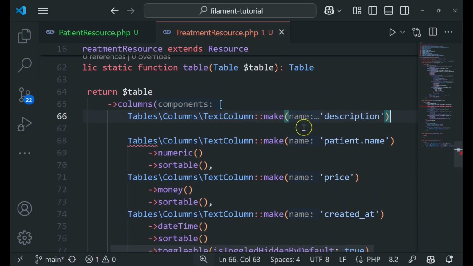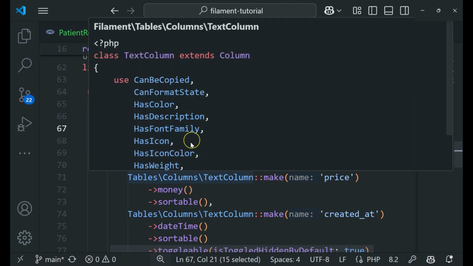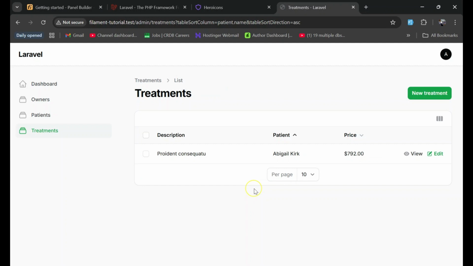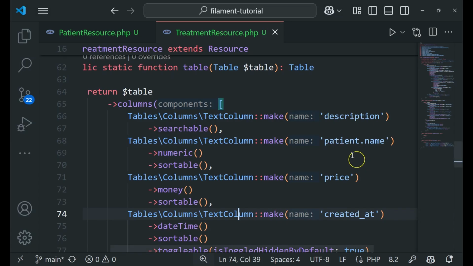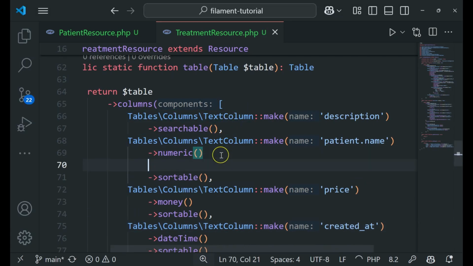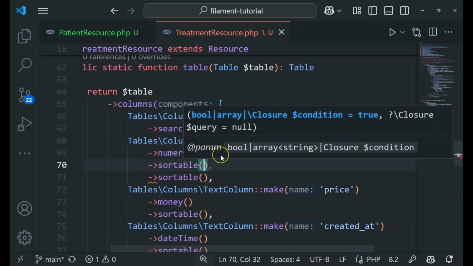This is only available when you have any field that you mark as searchable. So right now, if I refresh again, I can only search for the description, but not for the patient, price, and anything else. To make other fields searchable, you need to add them to the